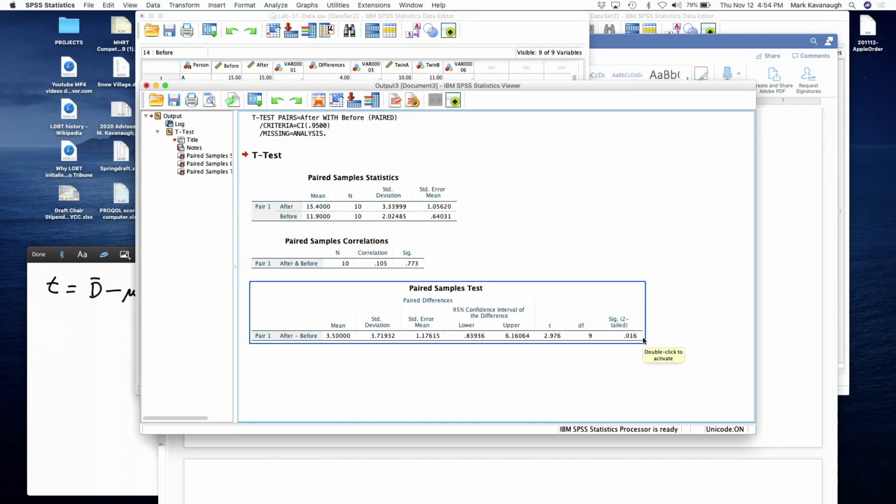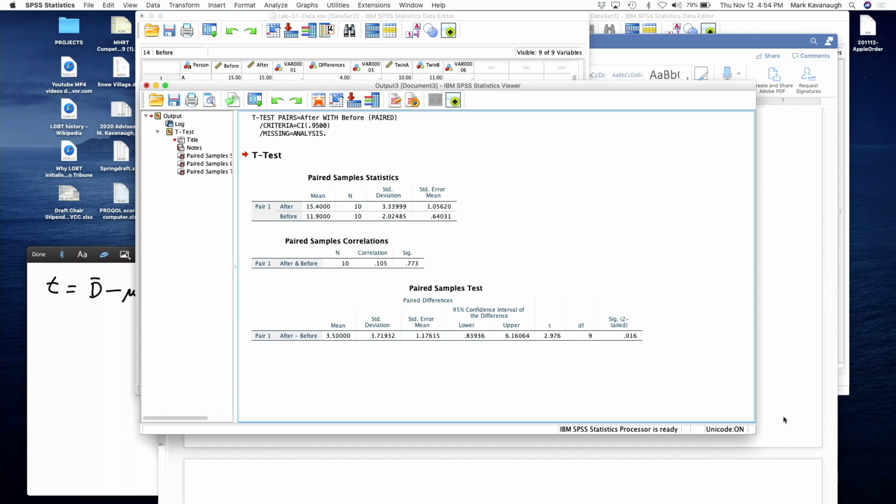And you'll see you get the statistics here, and if there's a correlation between them, those kinds of things. But down here is your t-test, the paired samples t-test. You have the mean, standard deviation, standard error, the confidence levels right there. T is 2.976 with a degree of freedom of 9, which gives us a two-tailed significance of 0.016, which is not quite at the 0.01 level of confidence, but it is certainly way below the 0.05. So yes,